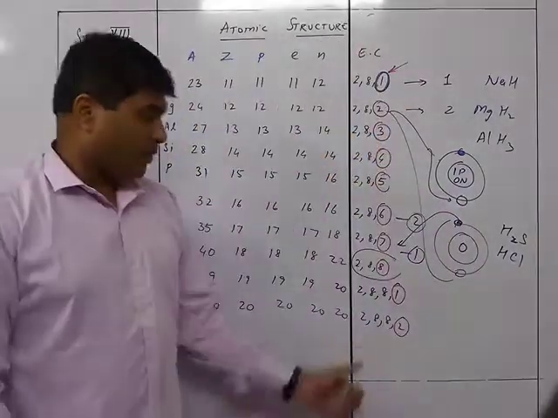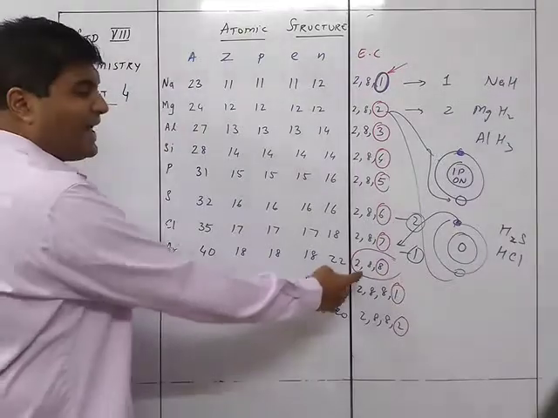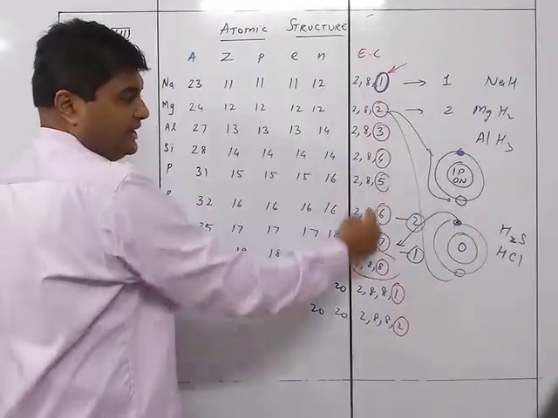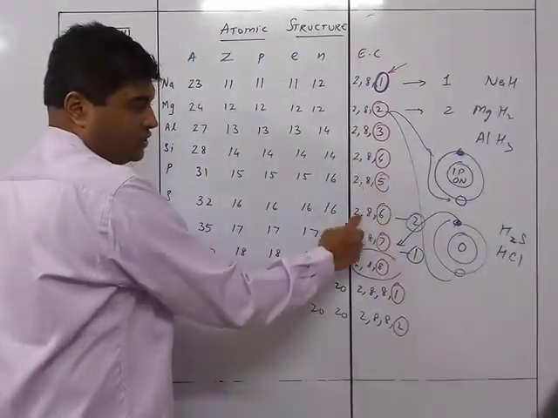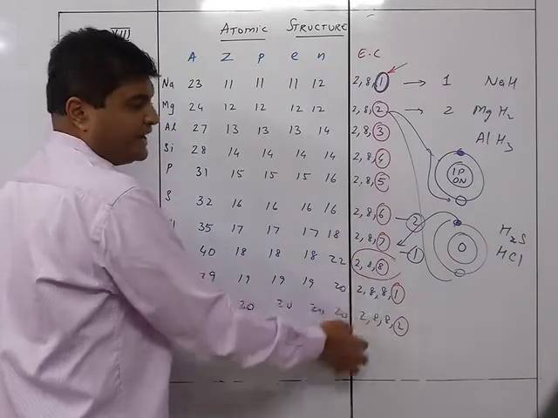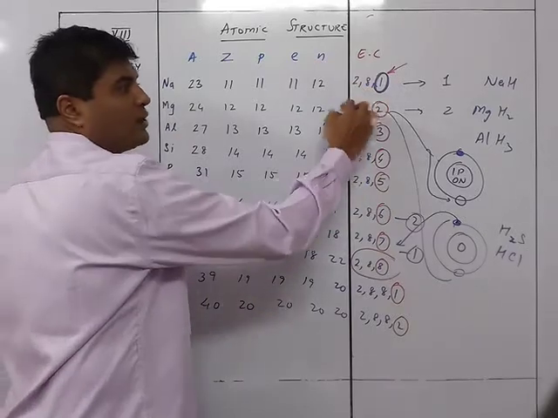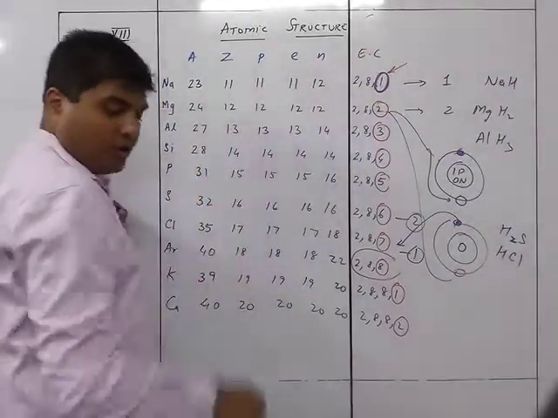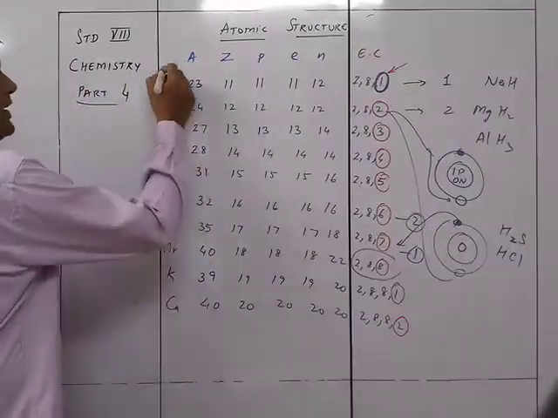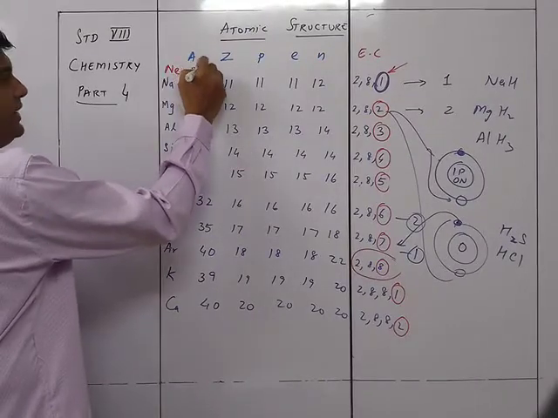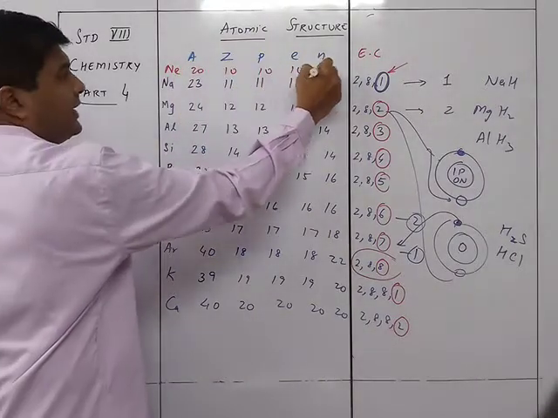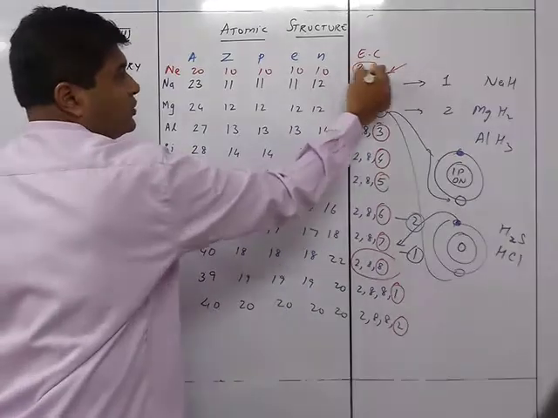Okay, so what it requires is that everybody wants to be like this. All these, or not all these, 1 2 3 4 5, what does everybody need? We want to become like this, right from here to here. These ones are going to give away electrons and become like the one earlier, the neon. See, before this, the noble gas was neon. Neon was nothing but 2, 8, 10. So this was the noble gas.